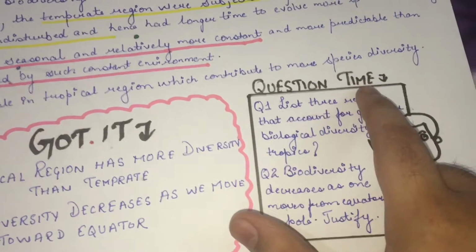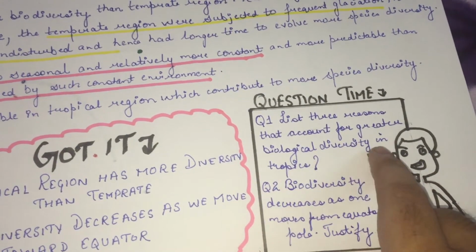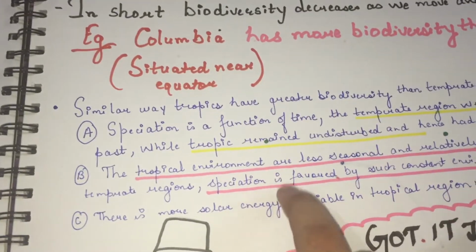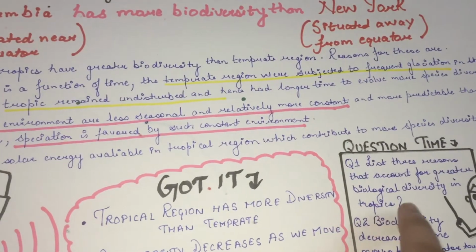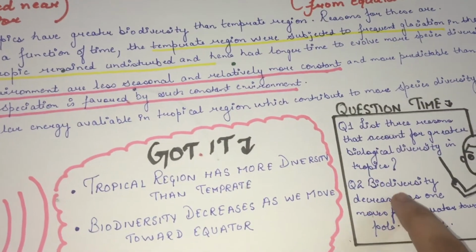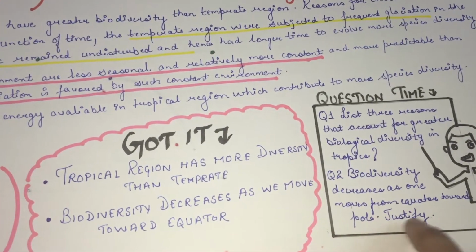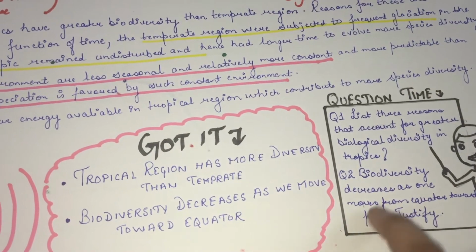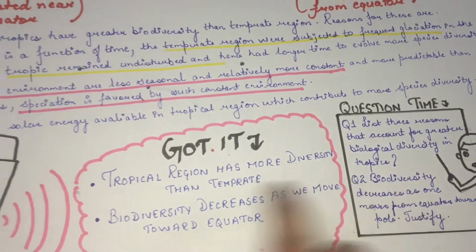So question time now. List 3 reasons that account for greater biological diversity in tropics. So from here, any 3 reasons you can give why there is greater biodiversity in tropics. Second is biodiversity decreases as we move from equator towards pole. Justify. Because biodiversity decreases as we move from equator towards pole, because equator, it has more constant environment, as we